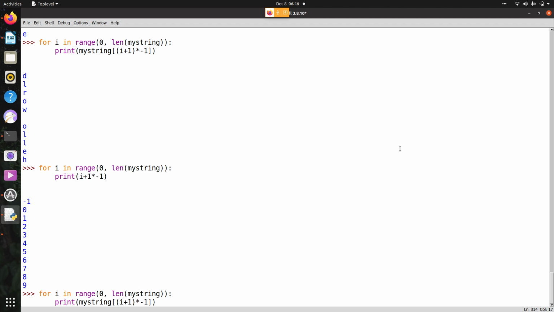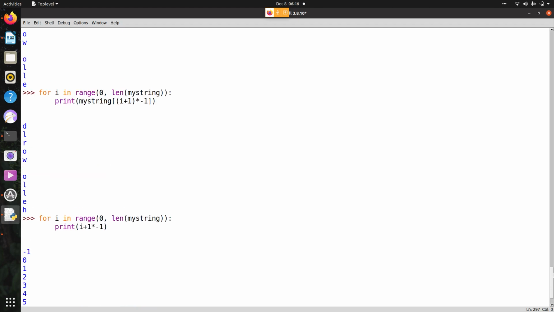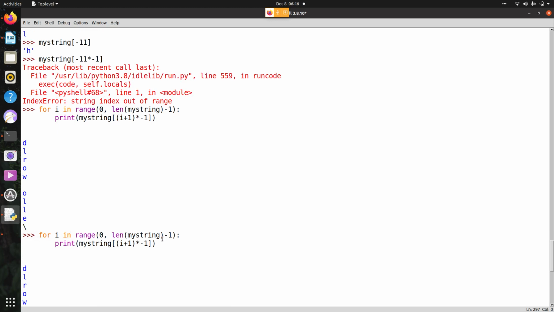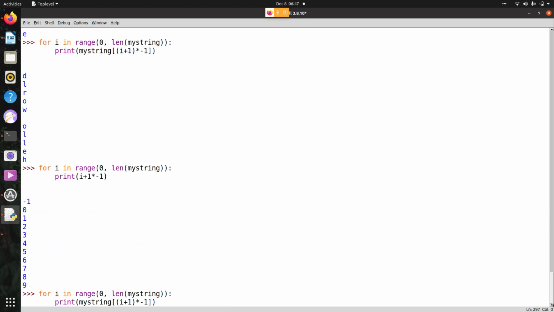Then when we start from here, D L, the last one is D, that is -1. After that it started with 0. After that it started with this one.